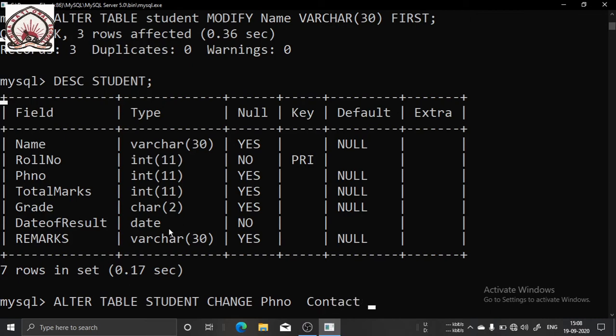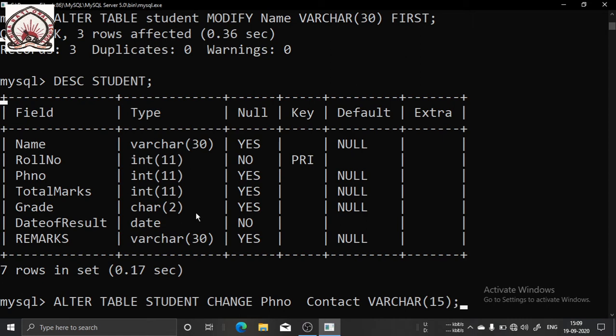And if you want to change the data type also, you can. Suppose I want to make it varchar. I am changing the data type to varchar, and the size I am giving, say, 15.